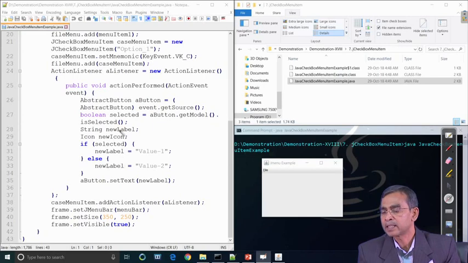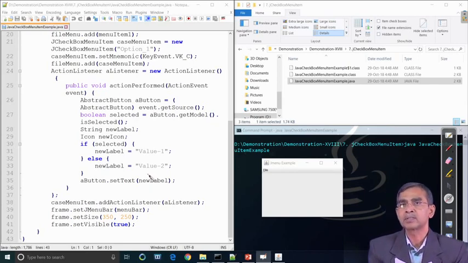There are a few labels where we have used strings, and we can also create icon images here. Depending on whether selected is true or false, value 1 and value 2 will be displayed, and then it will add this button into the area and complete this one.